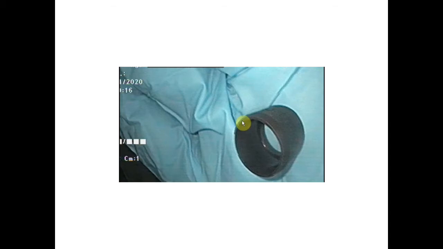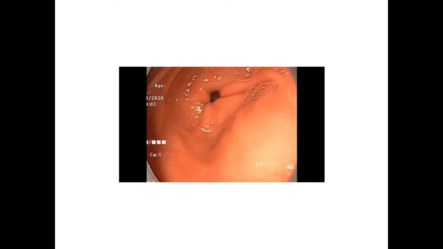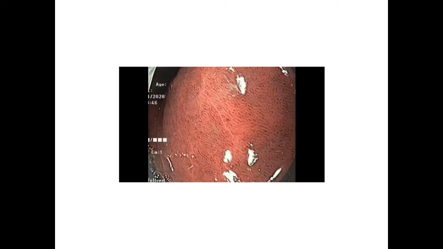As I said, we first begin with clearing the mucosal surface of any mucus or debris, and use of a water jet can be very helpful. After that, we do a white light examination. We examine the entire stomach in a systematic fashion. We take multiple images to ensure that all the areas have been properly examined. Then we switch to narrowband imaging mode. In this, first I'll show the appearance of antrum and then the appearance of body.